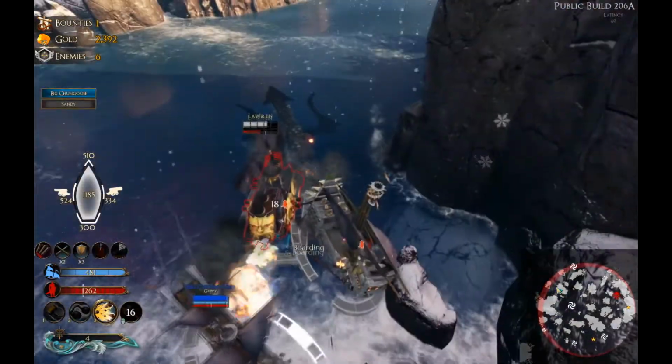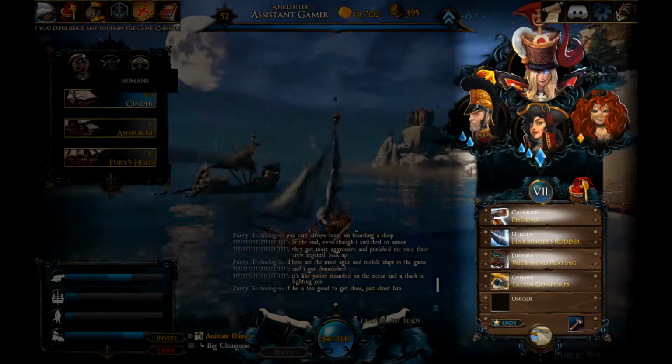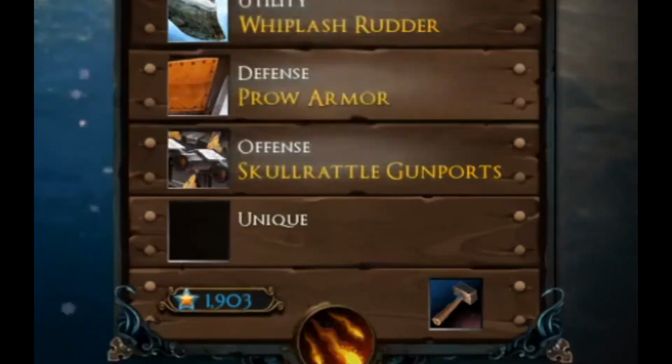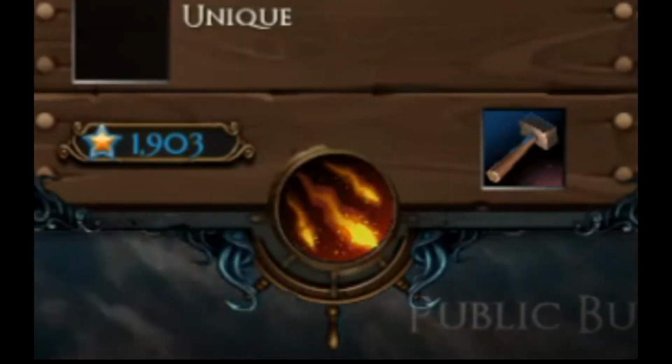Amazing. So, let's take a look at this side of the screen. This is where you actually build your ships. You've got your captains, your crew, your hardpoints, and your passives. I'll be quick about this because there's so much depth to it, but really the main thing you need to